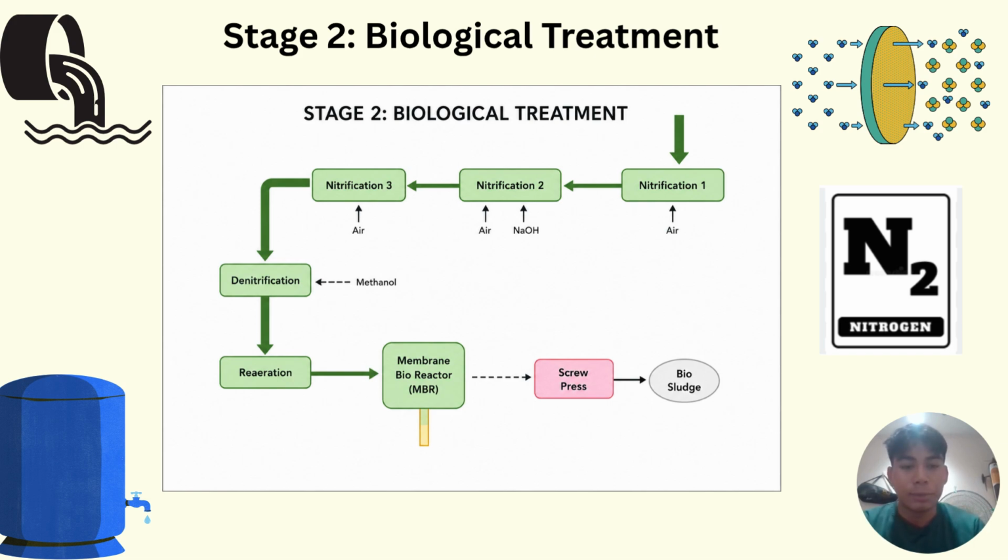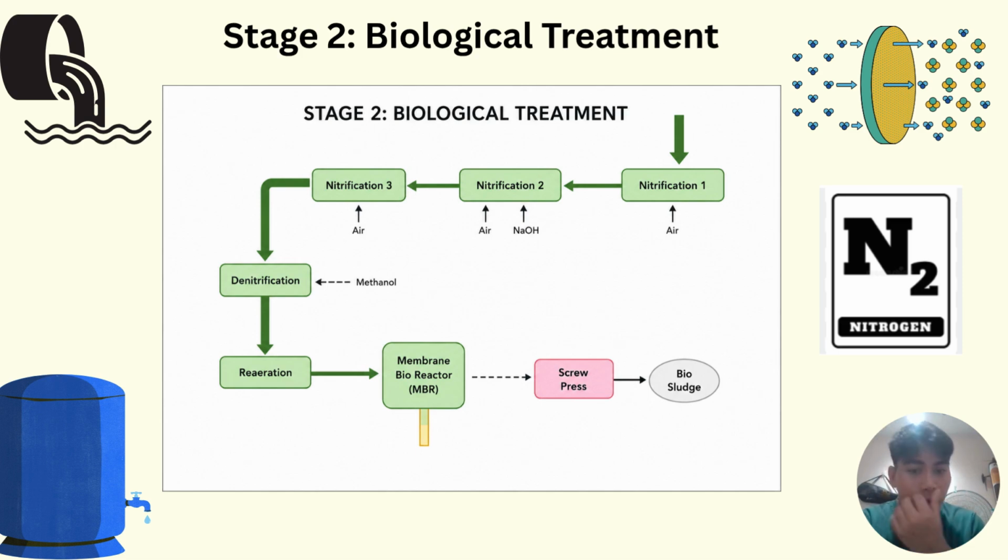the waste into solids and liquids. The liquids will pass through, and the solids will be blocked off by the membrane. After that, the sludge from the biological treatment will go through a screw press and exit out as